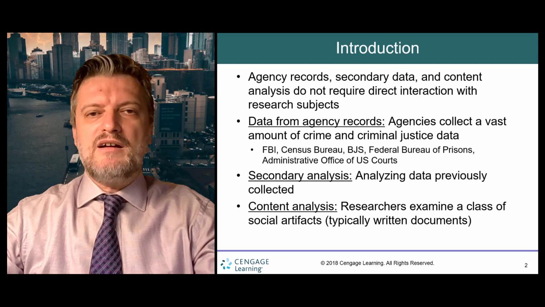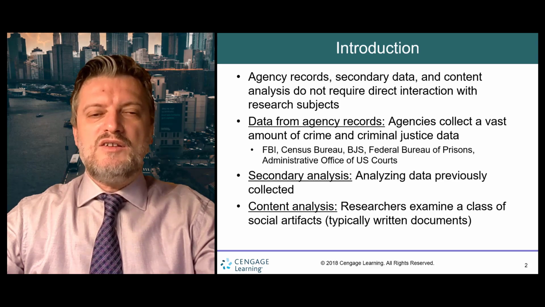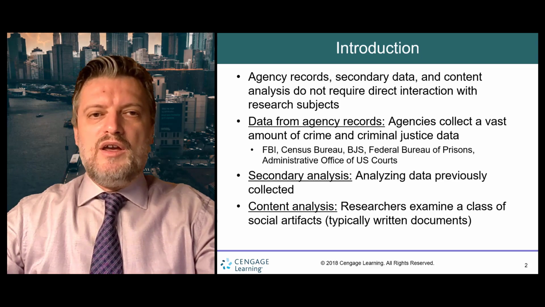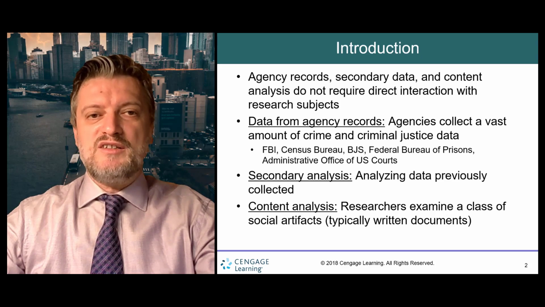First, there are data collected by federal, state, and local agencies such as Justice Statistics data, Bureau of Prisons data, even data from the New York City Police Department. Secondly, it is content analysis, the analysis of communication. These are social artifacts, written documents, or other types of messages. Thirdly, secondary analysis of existing data. This information is frequently used in criminal justice research. In a general sense, most data you obtain from agency records or research projects concluded by others are secondary data.